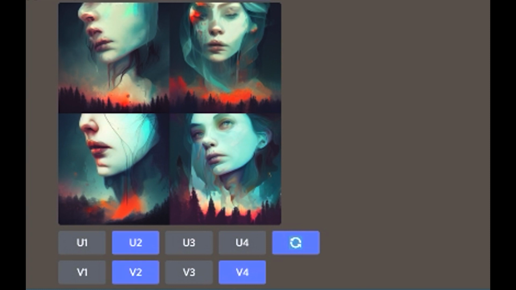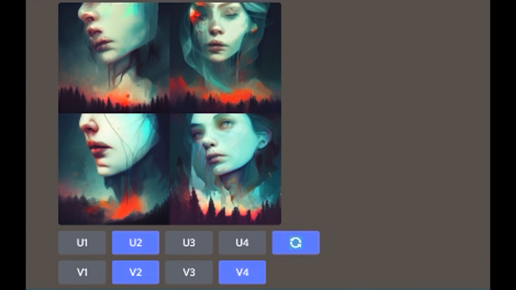So once you've decided on what it is you're going to create and you've hit enter, you're going to see an image pop up that gives you 4 different results. Below the image, you're going to see U1 through 4 and V1 through 4, as well as that blue circular arrow box. The U stands for upscaling, so you can pick whichever image you want, 1 through 4, and then upscale that to its highest resolution. From there, you're able to create variations of that specific one that you've just upscaled.